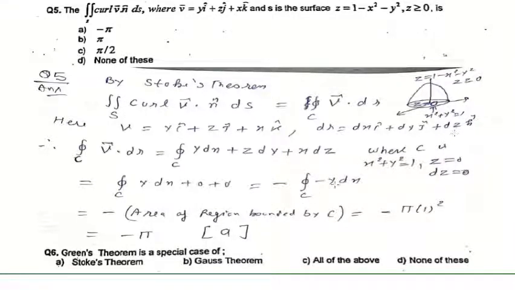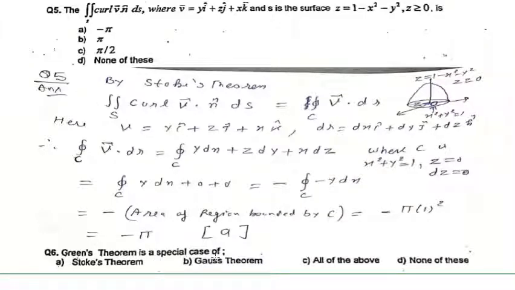Otherwise, if you don't want to use the direct formula, you can use the parametric form of the circle, that is x equal to r cos theta, y equal to r sin theta. Because we have to be on the boundary, r is nothing but 1. So x is cos theta, y is sin theta, and you can integrate over the limit 0 to 2 pi, you will get the same answer. But it is better to convert it to avoid the calculation, as it is an MCQ. So we have to save our time.